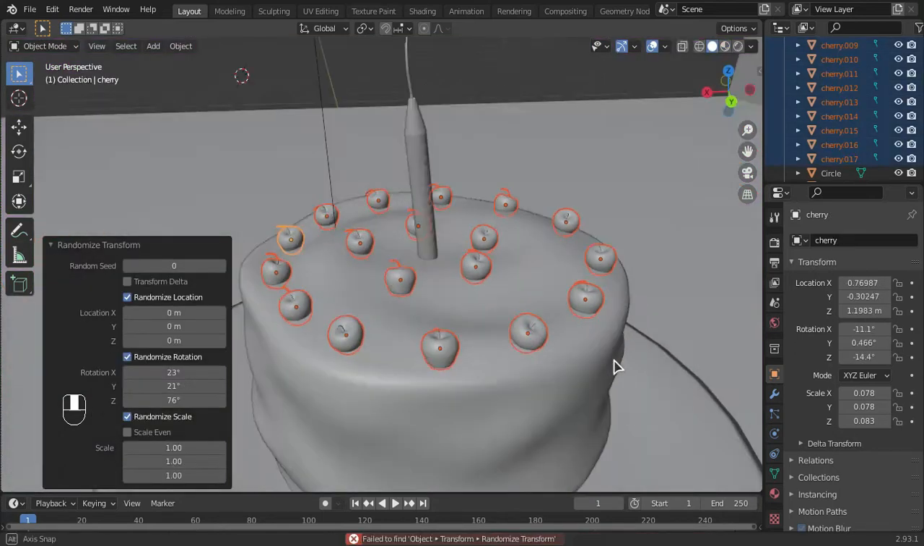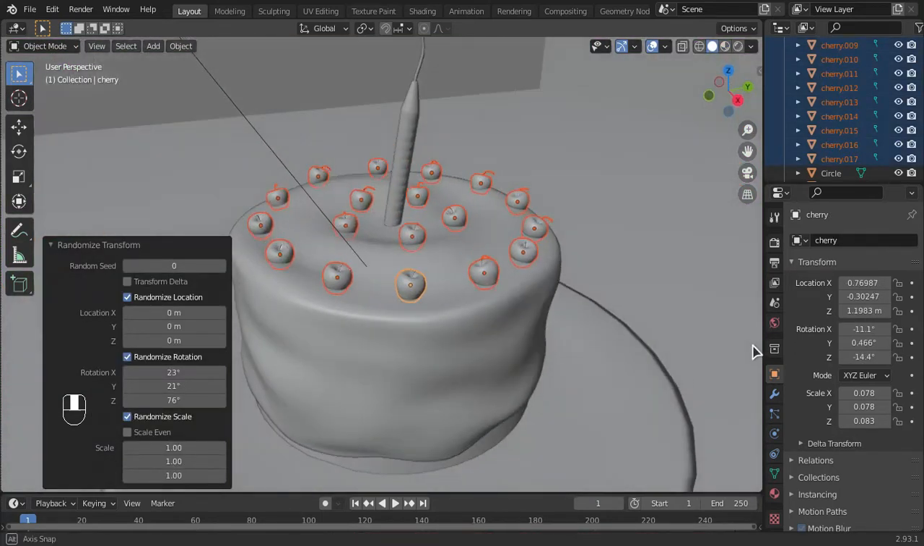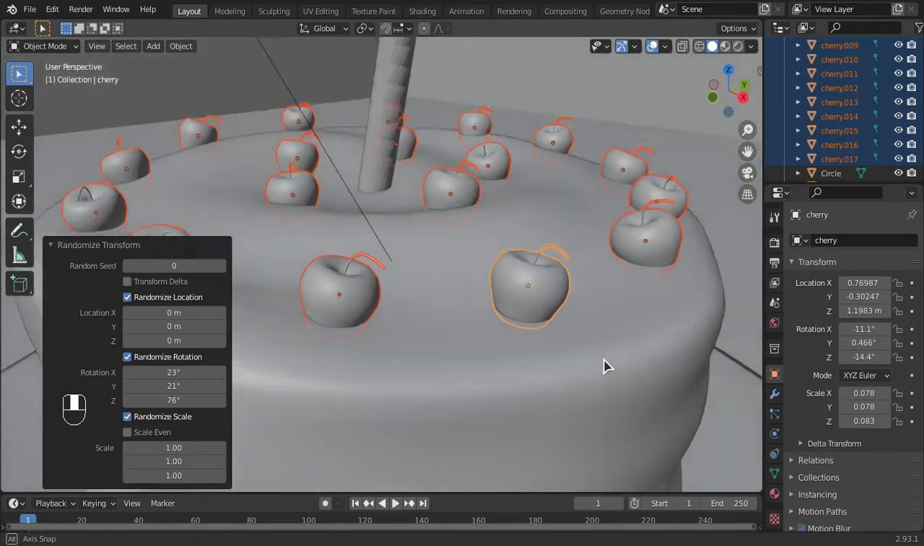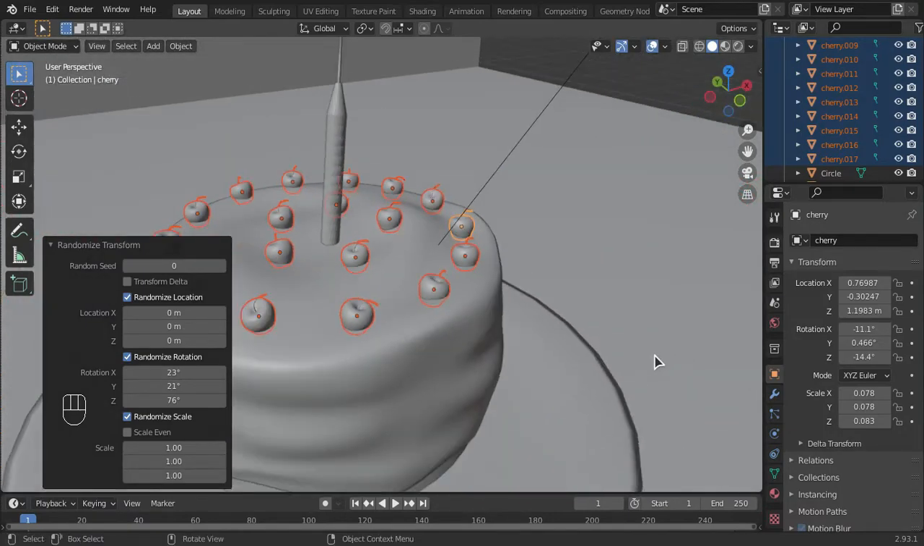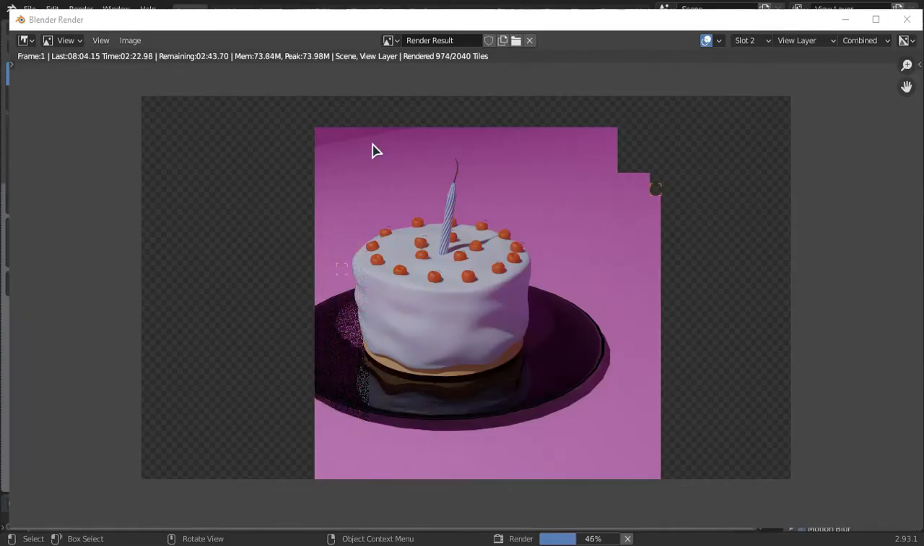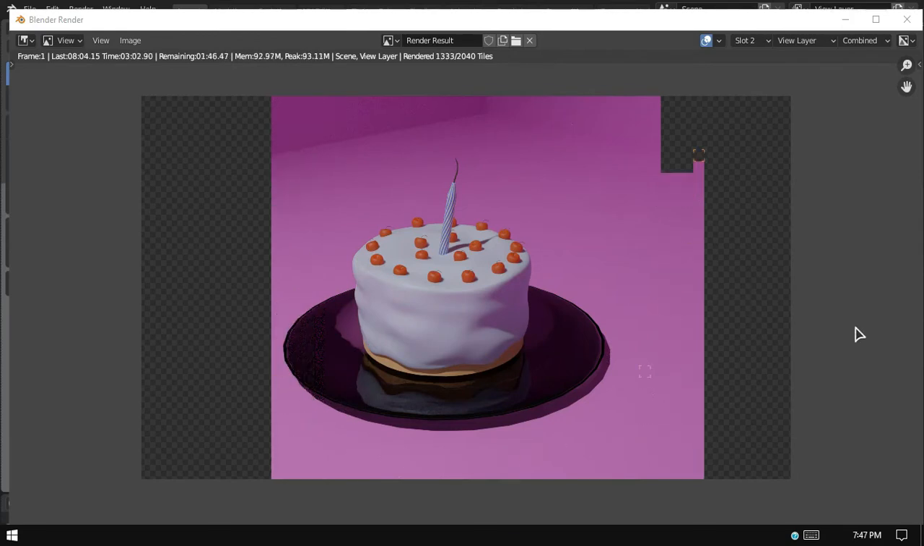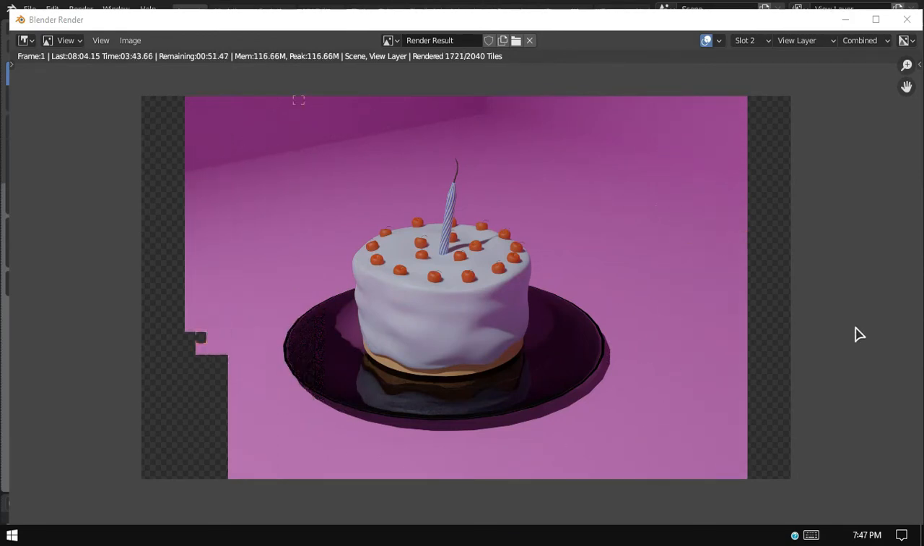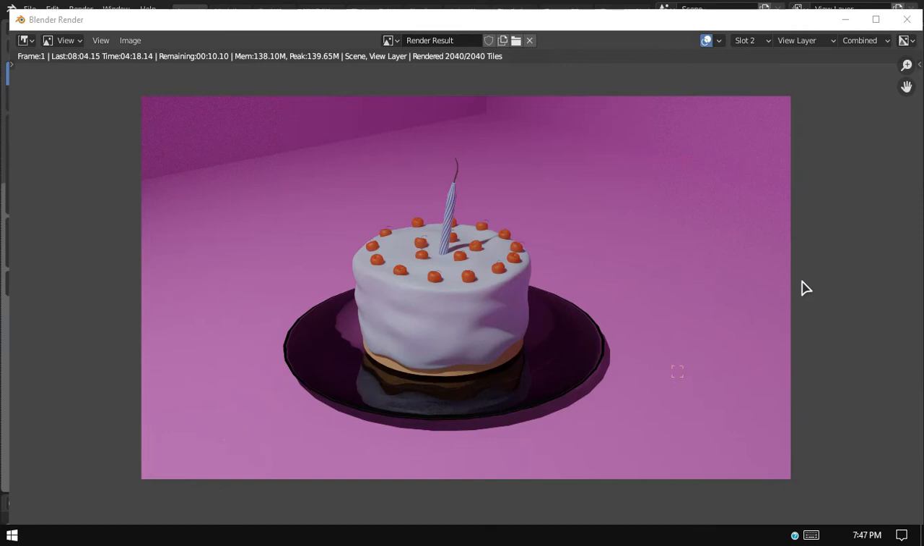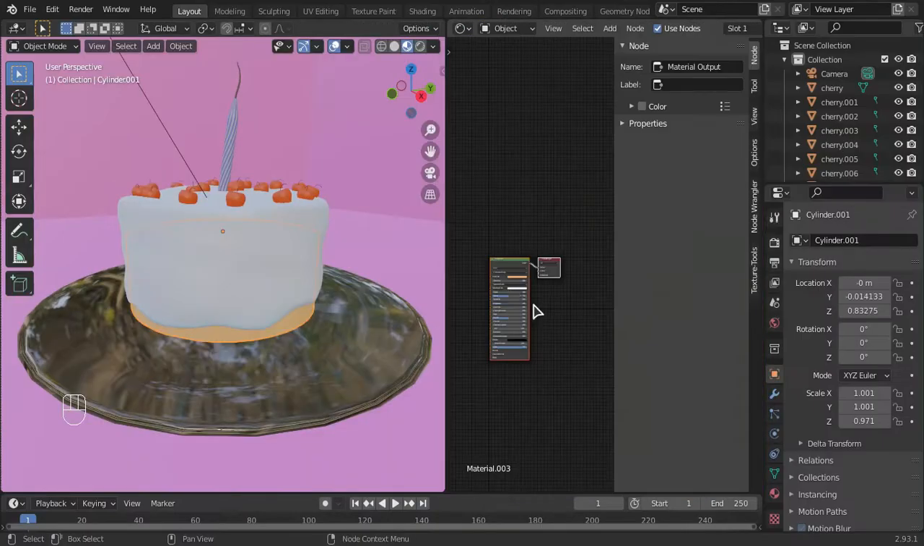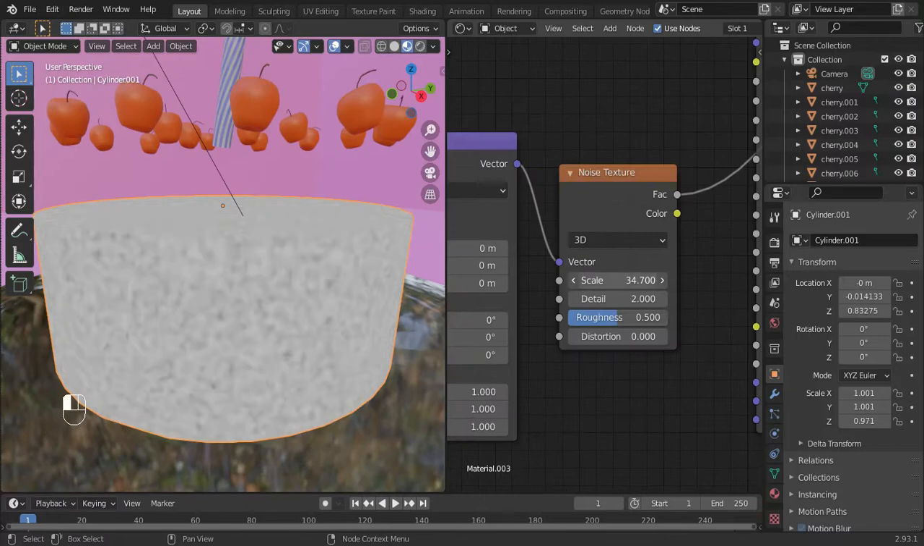And the cherries look great, to be honest. Simple materials, subsurf and all that. And then I did a second render on this cake. To be honest, it looks good, with the cherries, for a simple cake. And I guess maybe I could do some advanced material creation on the cake